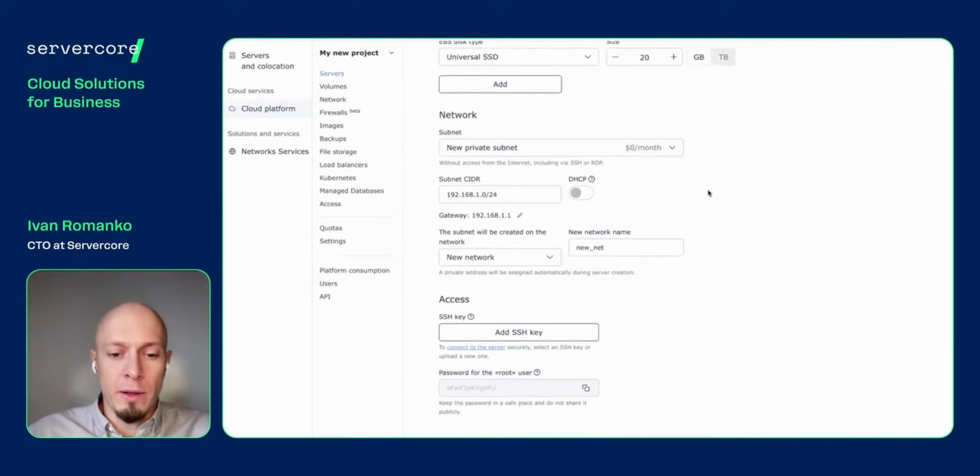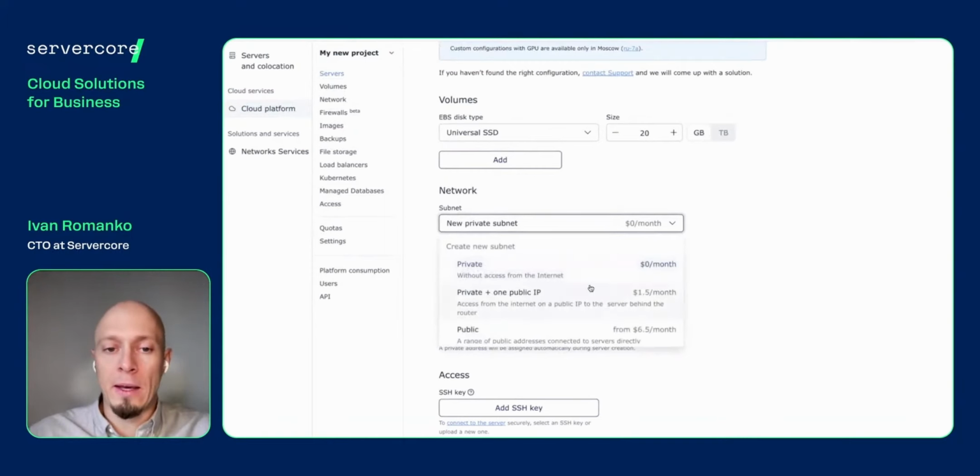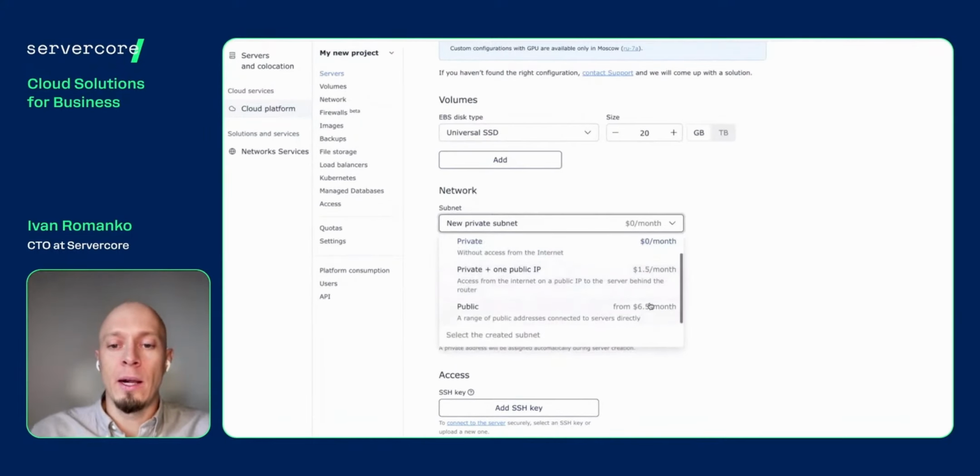And probably, yeah, I think the last option necessary to choose is network connectivity. There are 3 main options. Totally private network with no connectivity to the internet. Private network plus 1 external IP address you'll be able to use to connect to your server via SSH or RDP, depending on the operating system. And a public subnet,